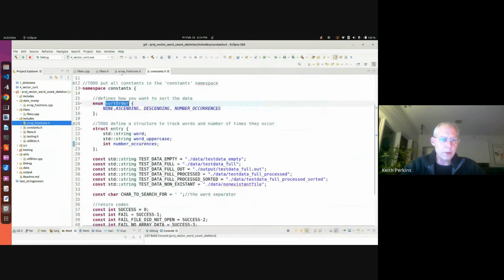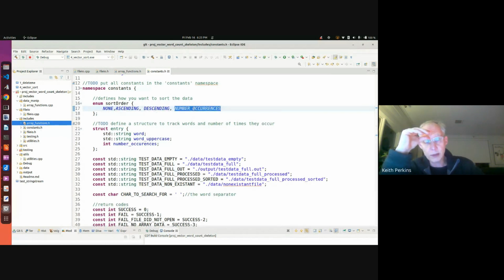I can sort the vector by none, which means I'm not going to sort it at all. I can sort it by ascending or descending or number of occurrences. Ascending is sorting alphabetical ascending. Descending is sorting alphabetical descending. I think one is A to Z and one Z to A. And the other one is sort by number of occurrences, which means sort by the words that occur the most